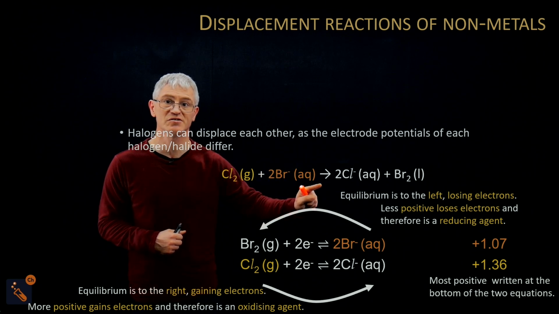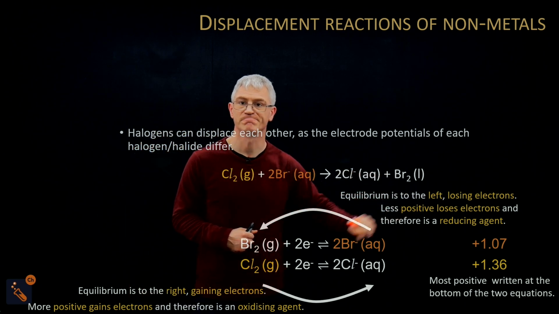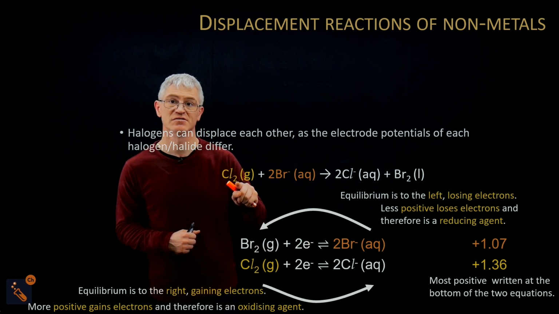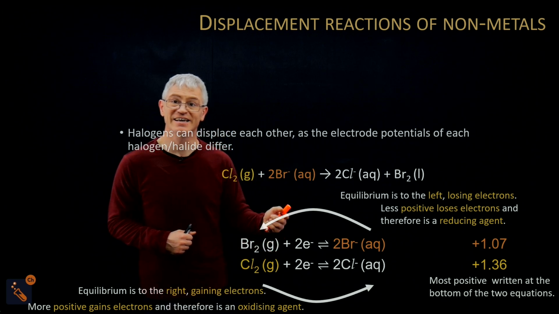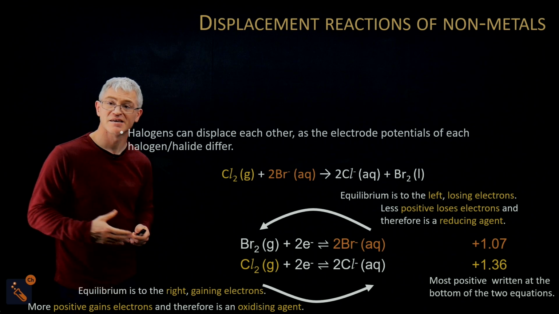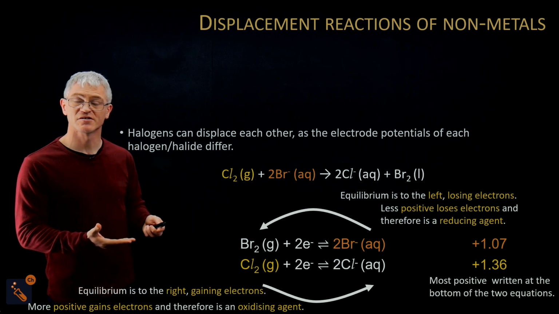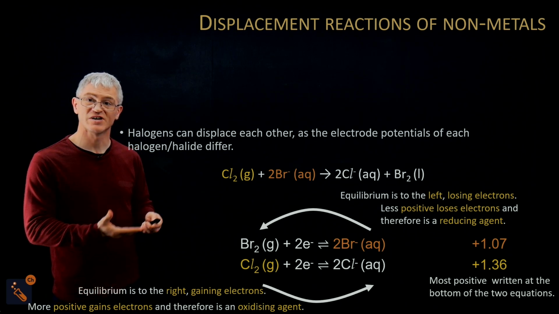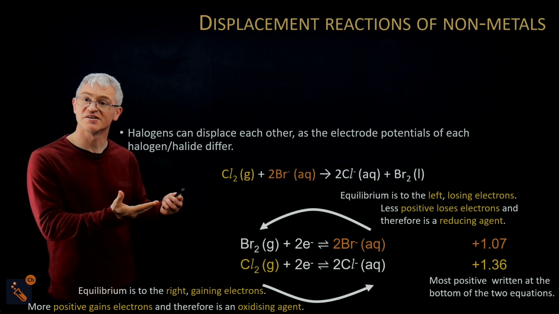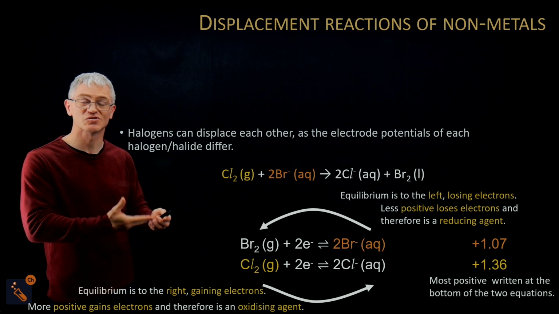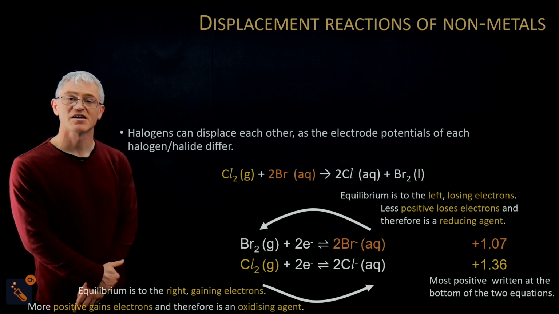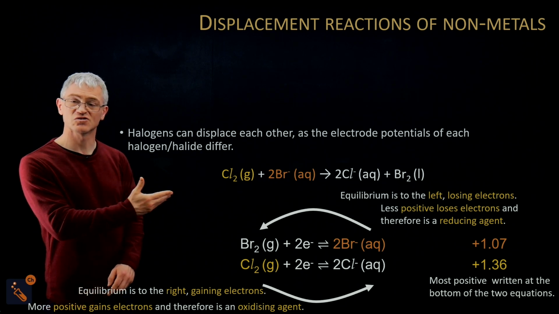So there's your Br minus, and it's going to Br2. And we're making the chlorine gain. So we have to start at the chlorine, there's the chlorine, and go to the chloride. And then the electrons have cancelled to create this overall equation. So that's how you might have one halogen reacting with another halogen, okay, and one causing another to be oxidized. So one being reduced and one being oxidized, and you have a redox reaction using halogens,